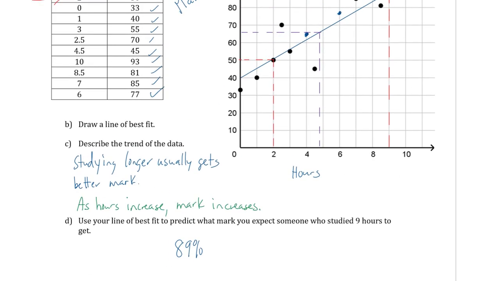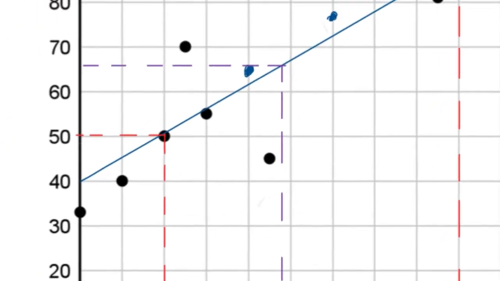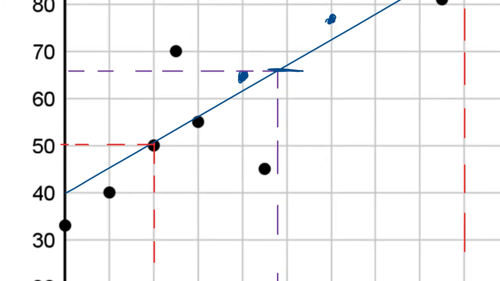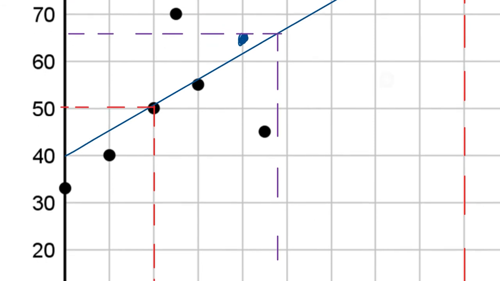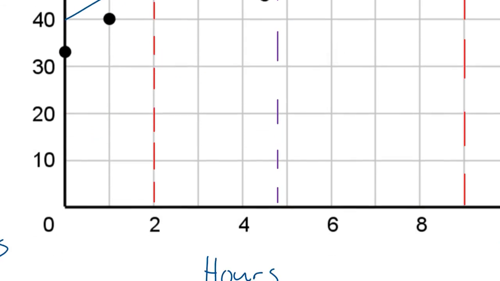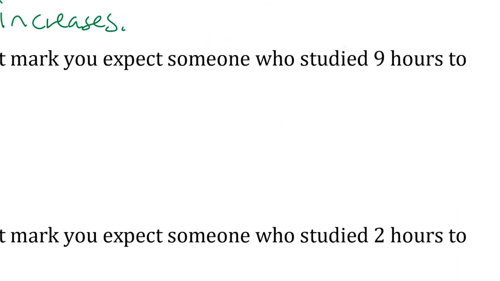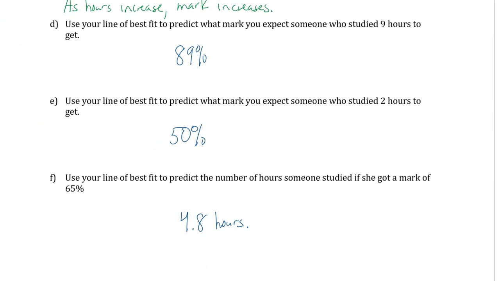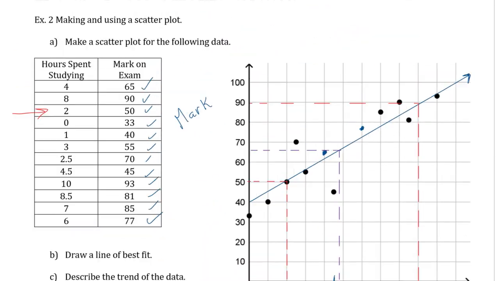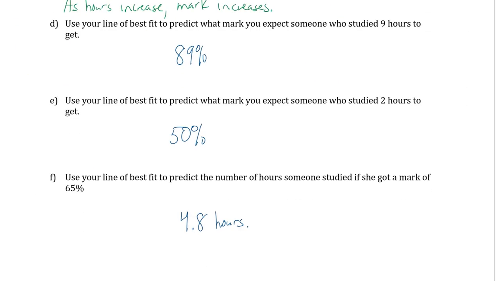People always worry, what if I said 4.9? What if I said 4.7? Those would be fine. What if you said 4.5? Well, it's definitely over half, so I wouldn't say 4.5. What if you said 4.1? It's definitely not 4.1 because that would be around here. Okay, so it is past halfway of 4, somewhere between 4.6, 4.7, 4.8, 4.9, something like that. I chose 4.8 hours, okay? Something along those lines. So that's where we're using our line of best fit to come up with some predictions,